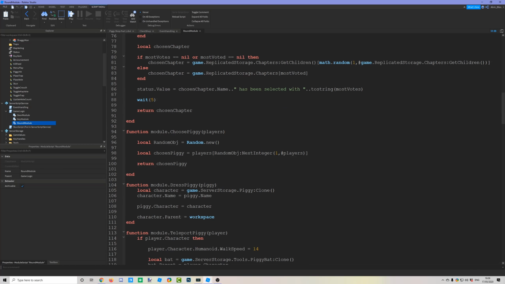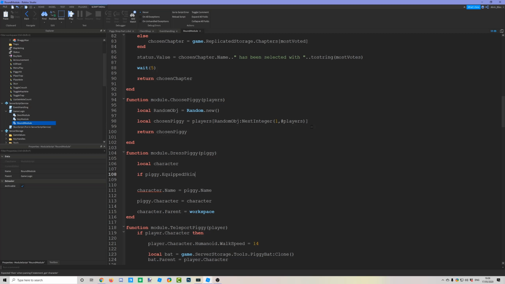But for now, we're going to create the variable local character, but keep it blank because we're defining it outside of the if statement, which we're about to make, so that we can access it from later on in the same function. Because if we were to define it in the if statement, we wouldn't be able to access it. It would be local to that scope, the scope of the if statement. So we're going to say if